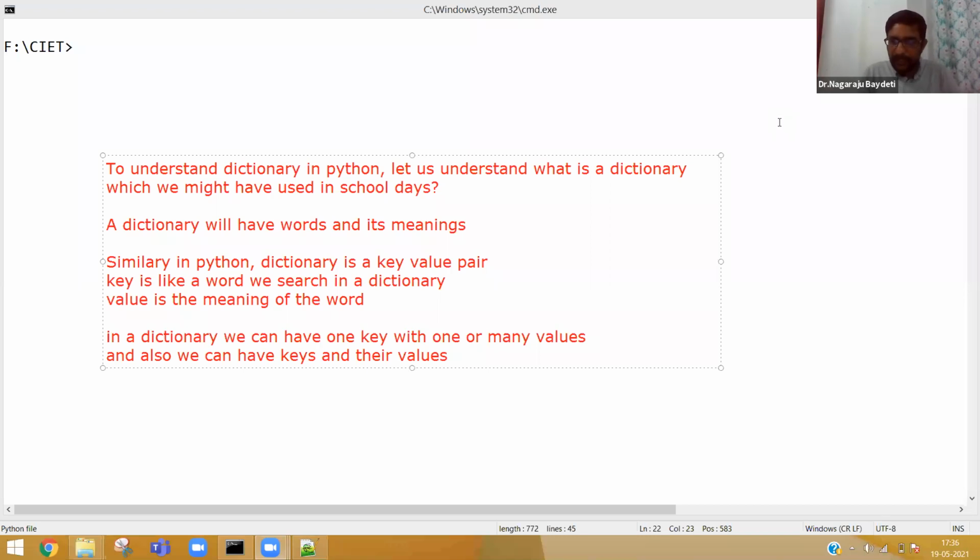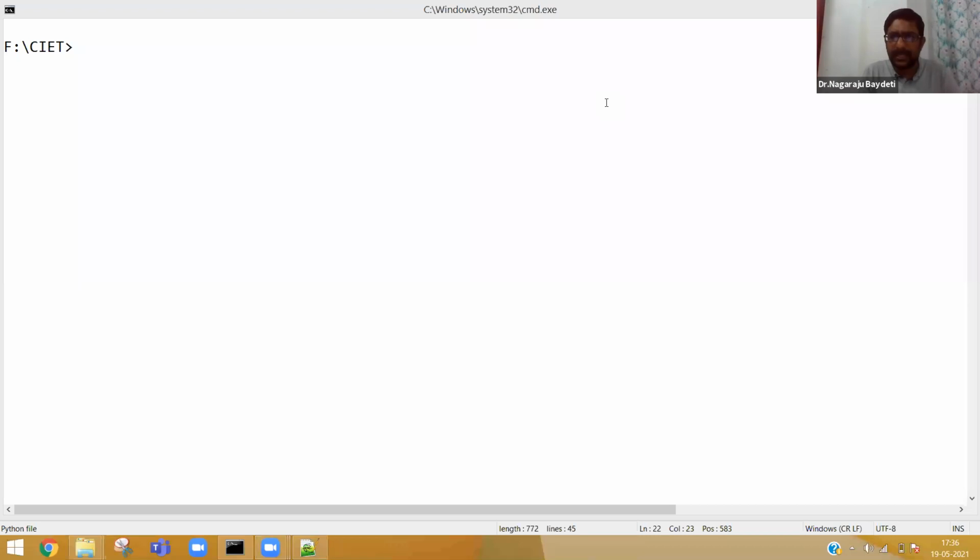I think many of the students are responding in the chat prior to my explanation. Yes, all your understandings are correct. Fine. Now, let us try to define a simple dictionary.